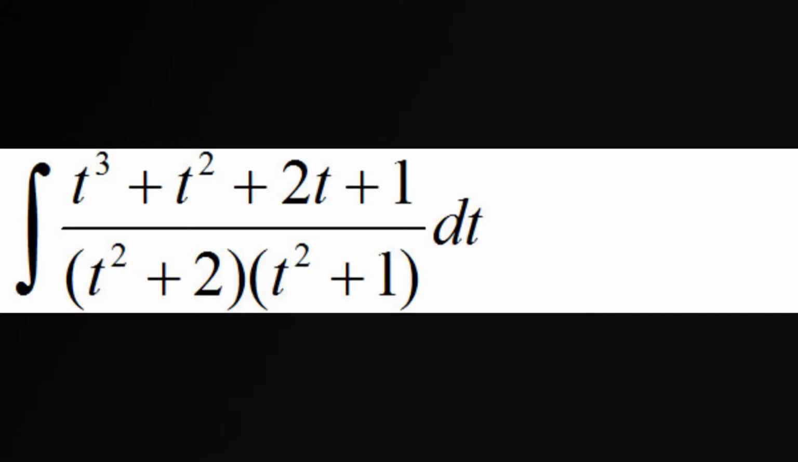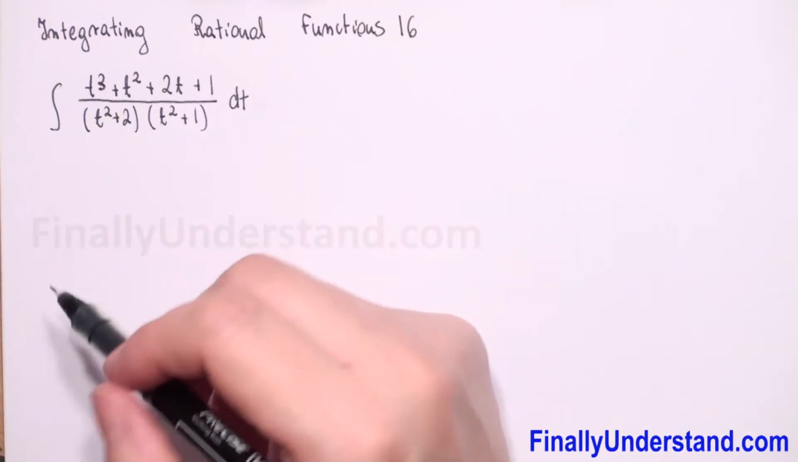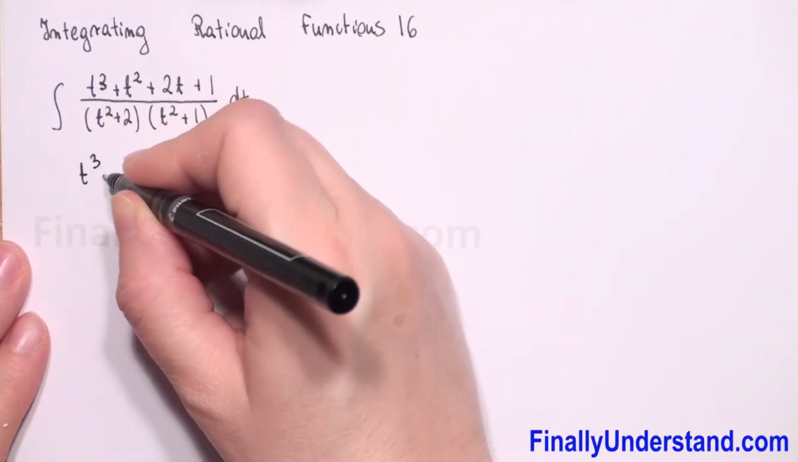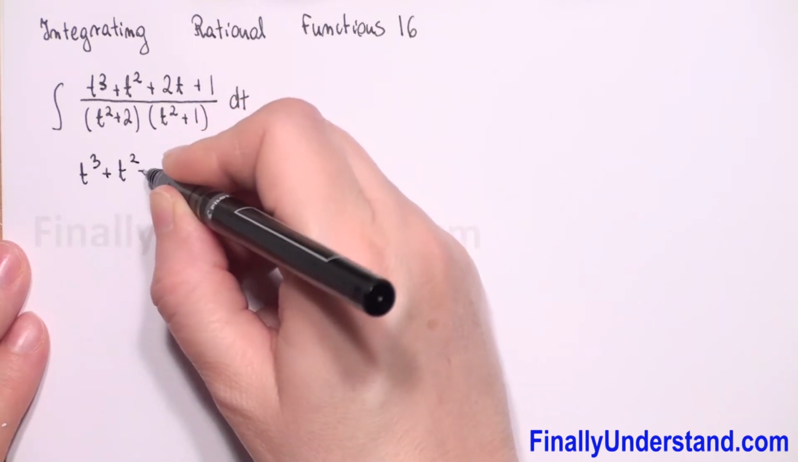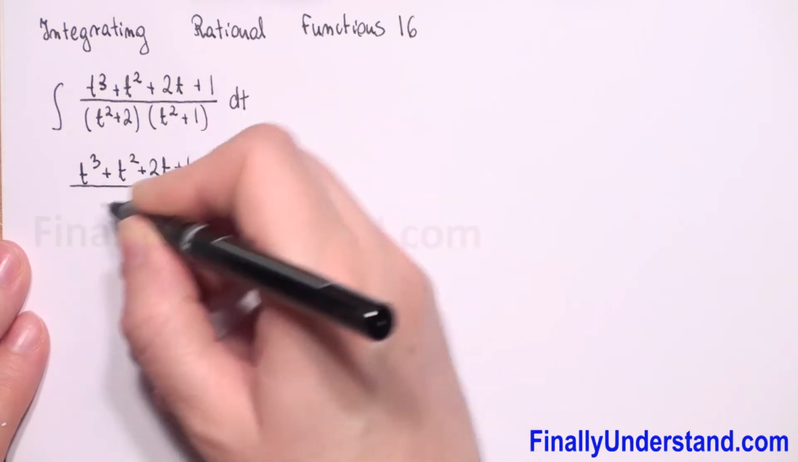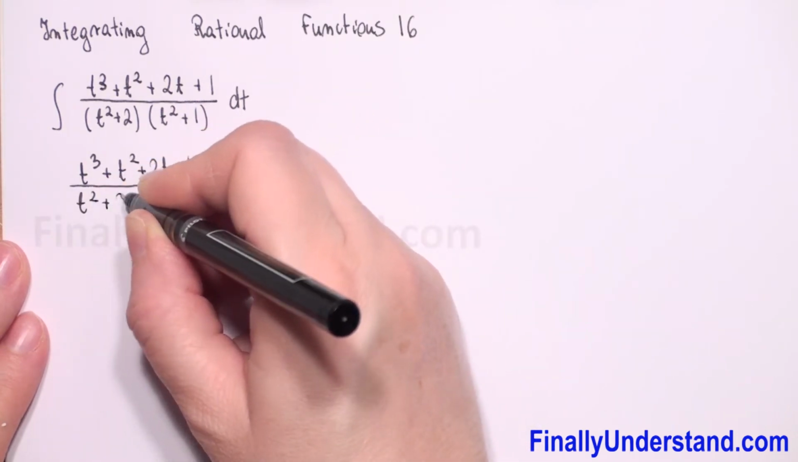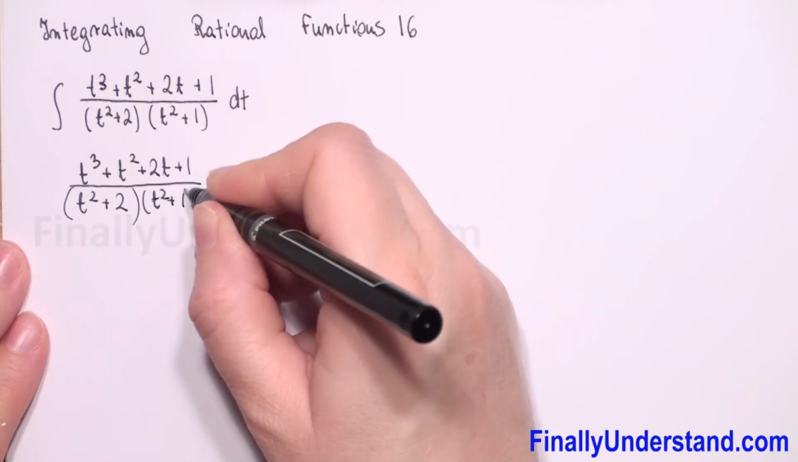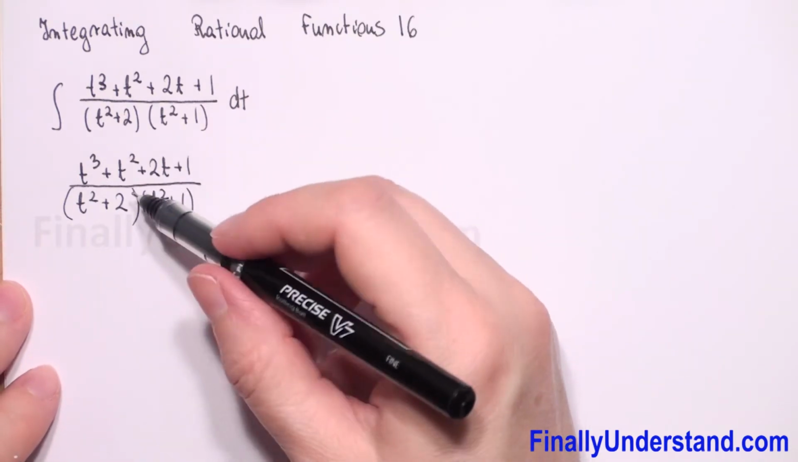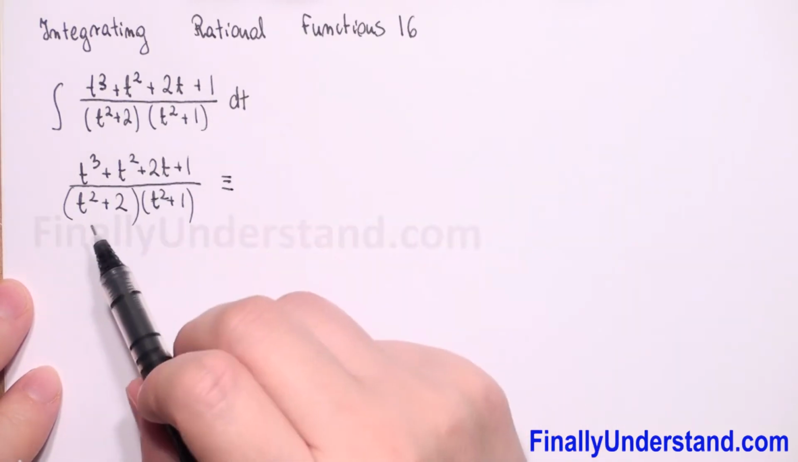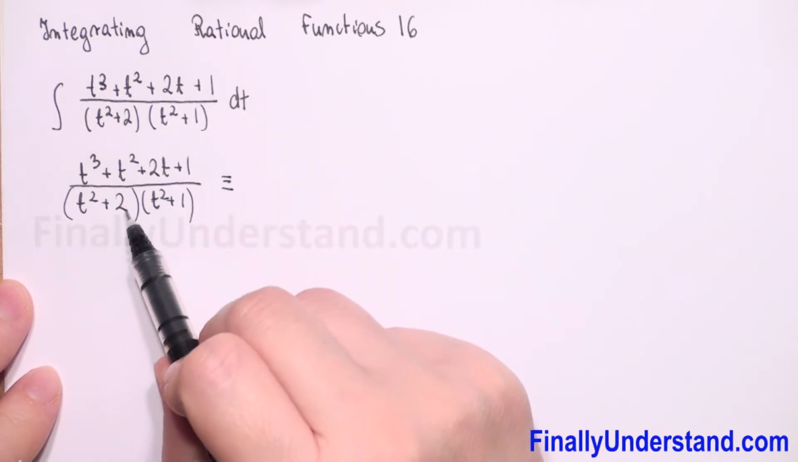We have integral of rational function. Let me copy our rational expression. We have t to third power plus t square plus 2t plus 1 over t square plus 2 times t square plus 1. We can rewrite this as identically equal to, because t square plus 2 we cannot